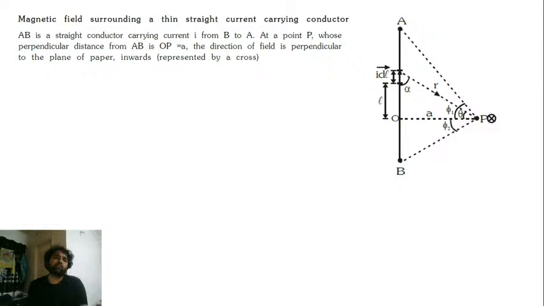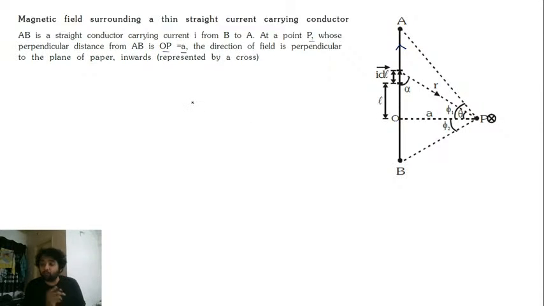ये formula बहुत useful होगा because you will be using this in a lot of places, so it's better to remember a few formulas. All right. So here we go. Let's take current carrying wire. Current is traveling from B to A along this particular direction. Got it. At point P, whose perpendicular distance from AB is OP. Perpendicular distance is given by OP.